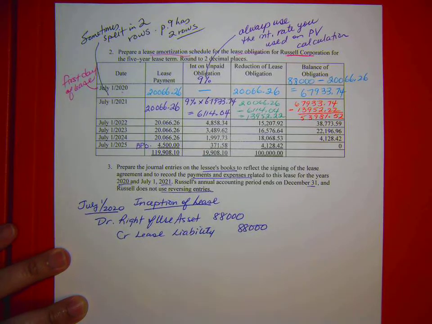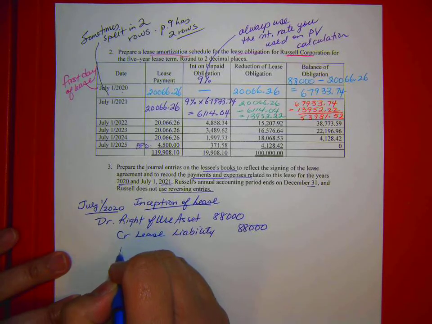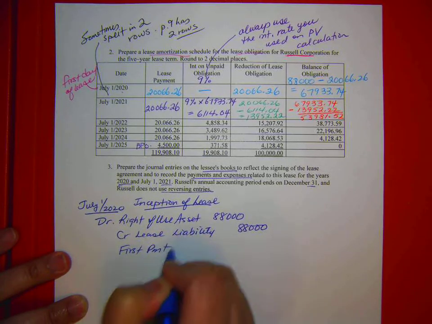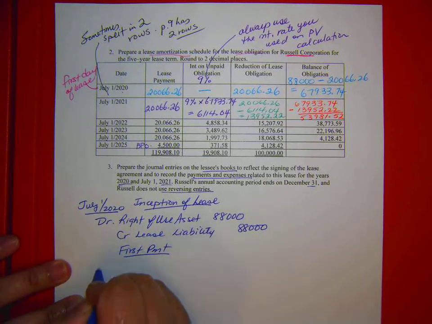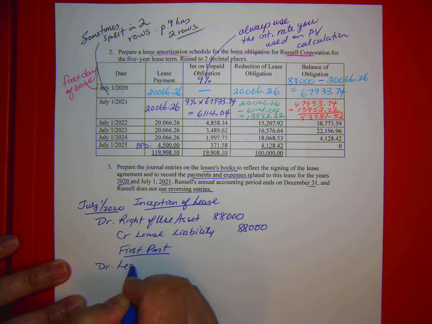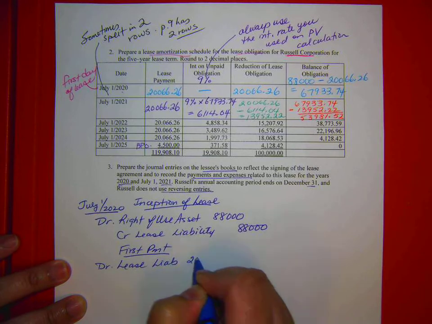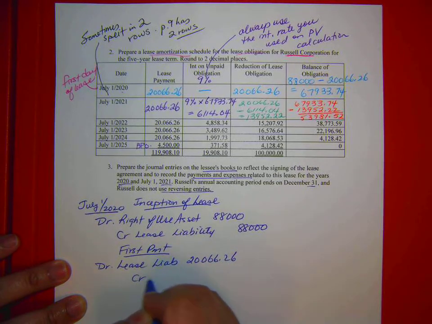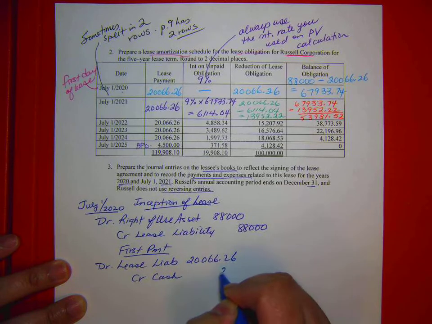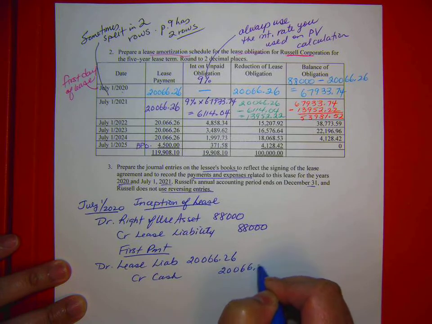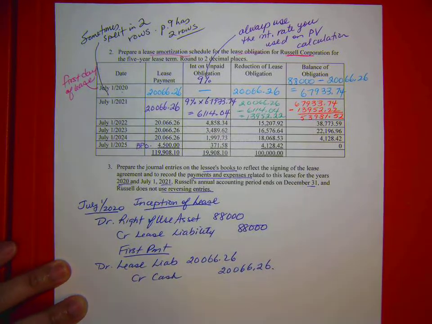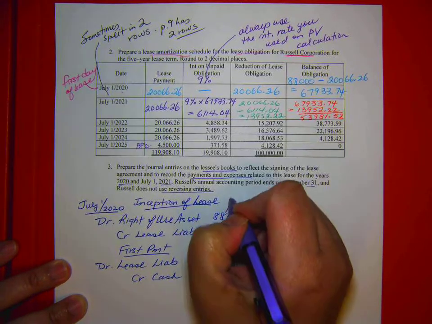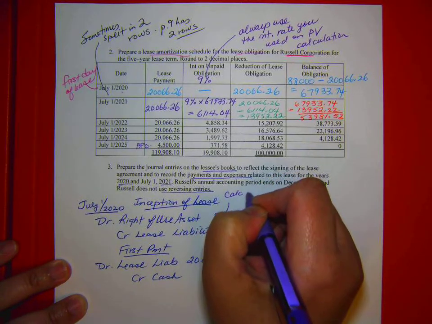Just so you know, you've got some room on page 8 too, so don't feel that you have to squish them down. Then we've got the first payment. Debit lease liability for 20,066.26, and credit cash for the same. So this came from the calculation on page 6,